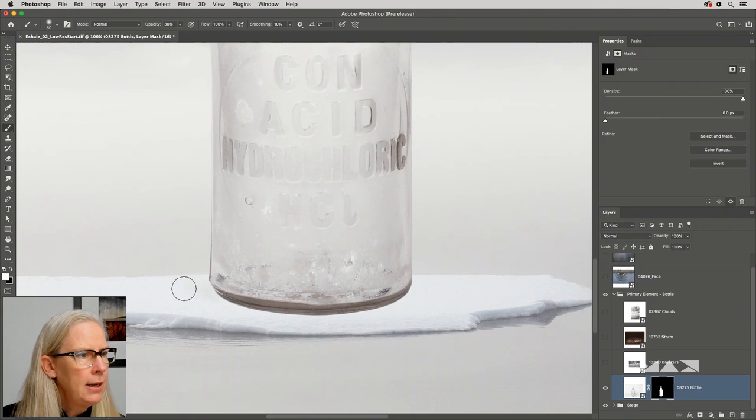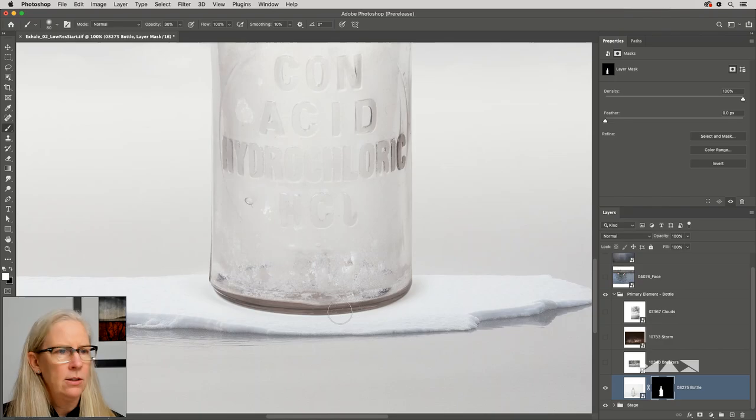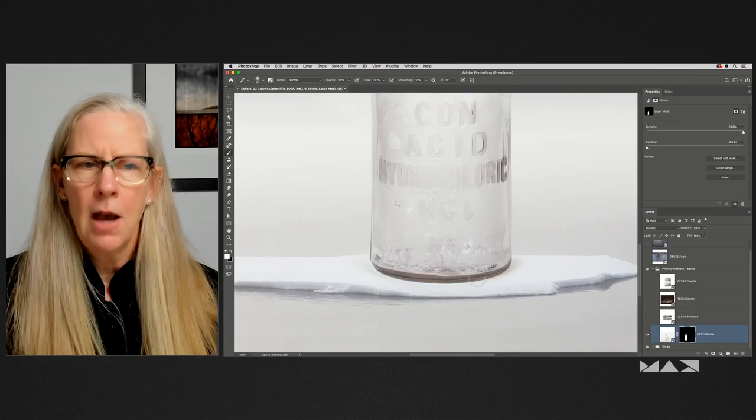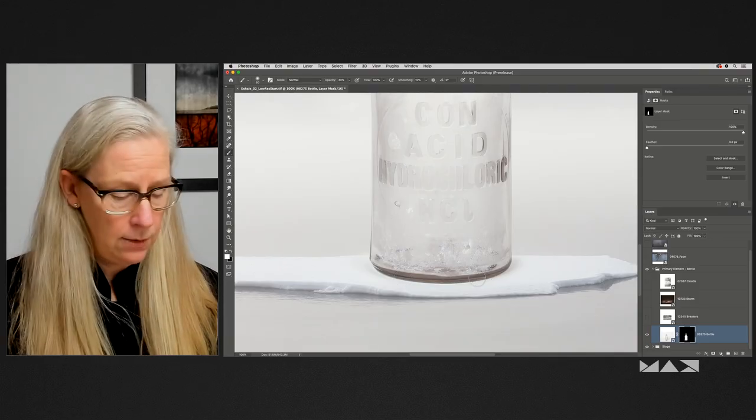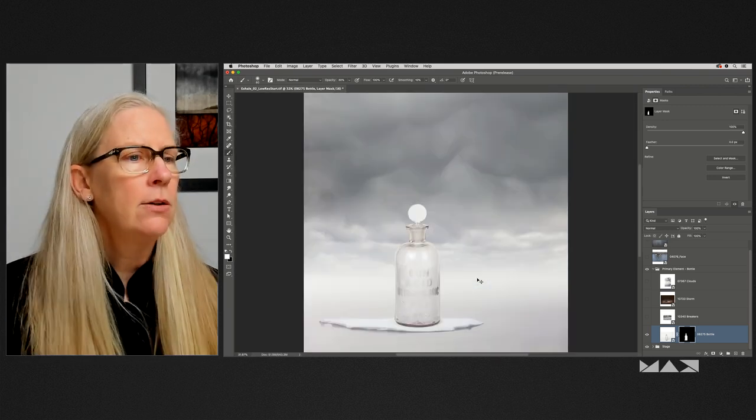And now I'm just going to paint with white right here. And it's going to slowly, sorry, I should probably have done it with 50%, but see how it's slowly showing that shadow that's in the original image. All right, and that's what I wanted, so that it looks like it's sitting more on the iceberg and it's creating or casting a shadow. All right, so Command 0 to zoom out.